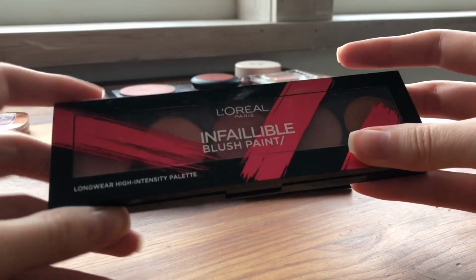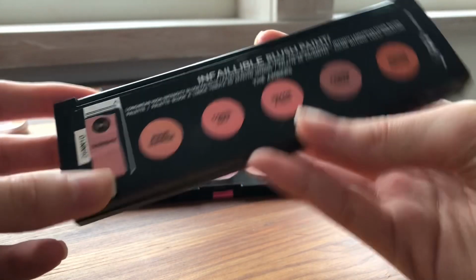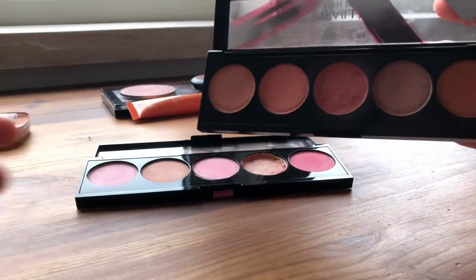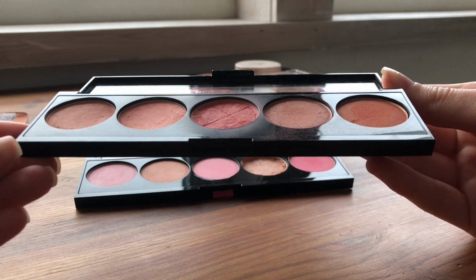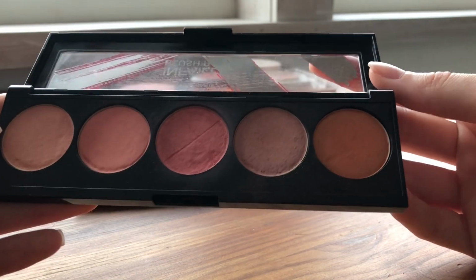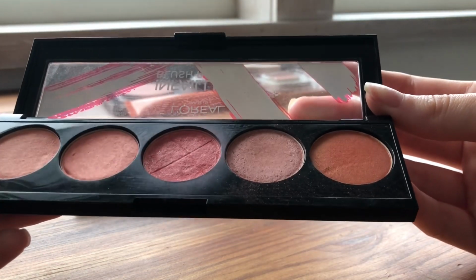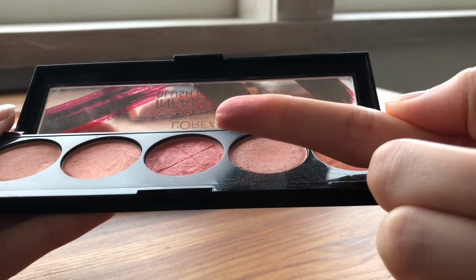Both are from L'Oreal, Infallible Blush Paint. This one is in amber with these shades. It's more peachy, orangey. It has a mauve shade and a gold shade. There's an X on this shade in particular, and that is because I had it in a project pan in 2022, and the more I used it, I realized that there are shimmer particles in it, or not really shimmer particles, but